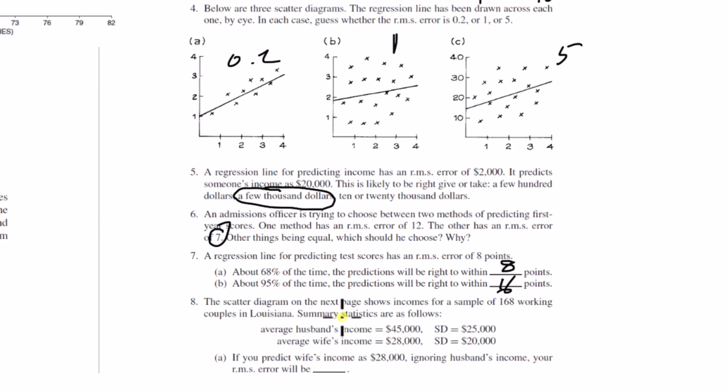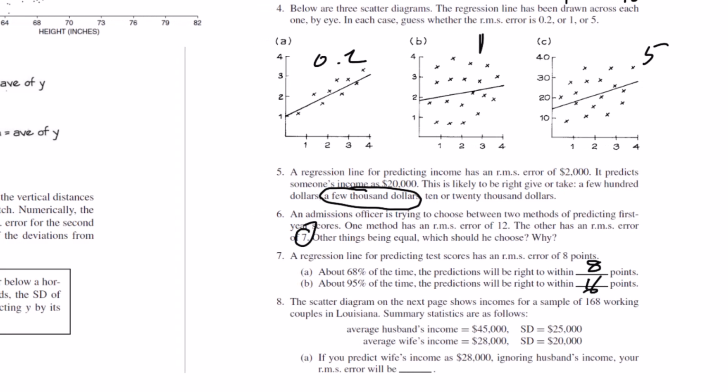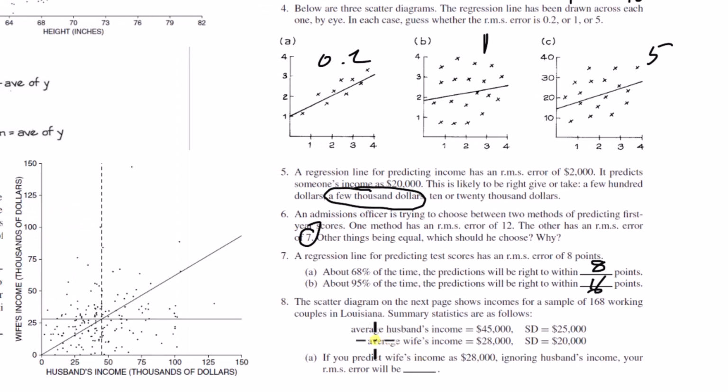The scatter diagram on the next page shows incomes for a sample of 168 working couples in Louisiana. Summary statistics are as follows. So let me bring in this chart. Okay, so the average husband's income is $45,000. There are the standard deviations. Average wife's income. If you predict wife's income as $28,000, ignoring husband's income, your RMS error will be